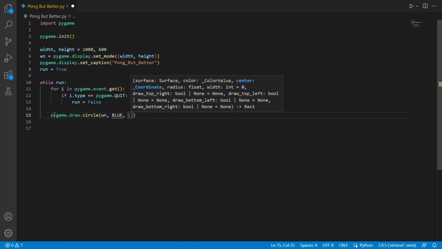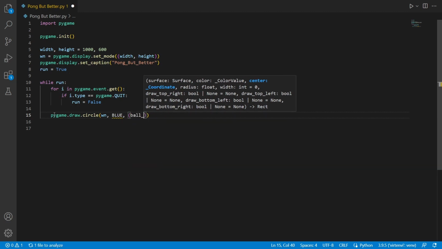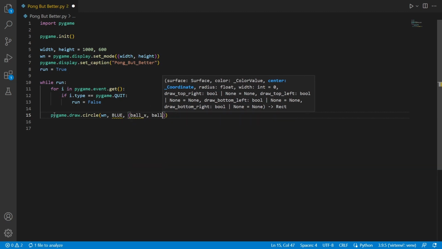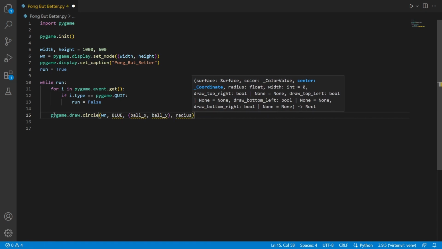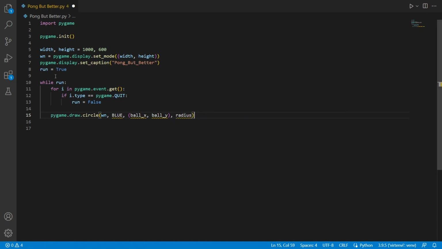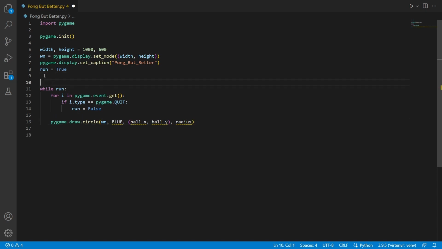And then I will mention the coordinates, which will be the ball's x coordinate and the ball's y coordinate. And finally, you will also have to mention the radius. So we will have to define all of this. So I'm going to create a specific section